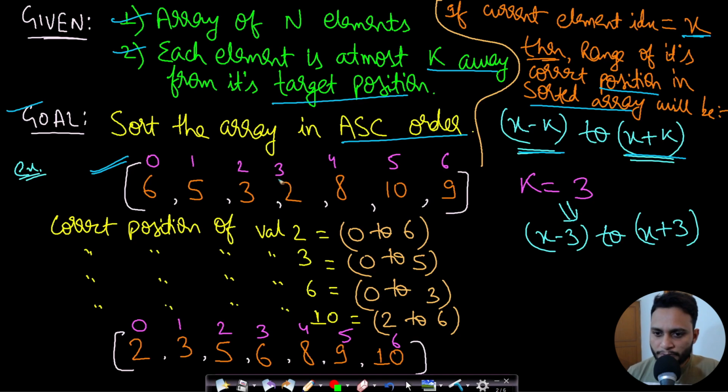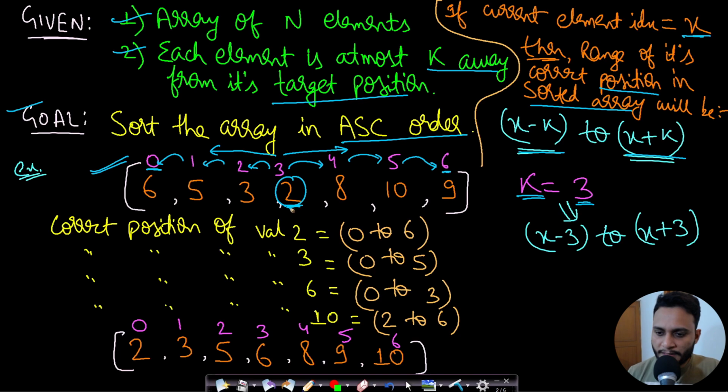Then what will be the correct position of each and every element? Now if you talk about this element, let's say this element 2, then what will be its index range in the resulting array? Since k is equal to 3, that means this element 2 can be 3 positions to the left or 3 positions to the right, but it should always be in the bounds of this array, right? So if you go 3 jumps to the left, 1 jump, 2 jump and 3 jump, then you will reach index 0. If you go 3 jumps to the right, 1 jump, 2 jump and 3 jump, right? So now you will be reaching index 6.